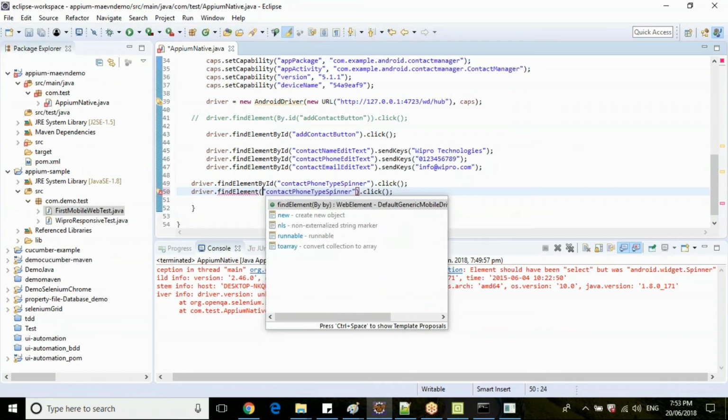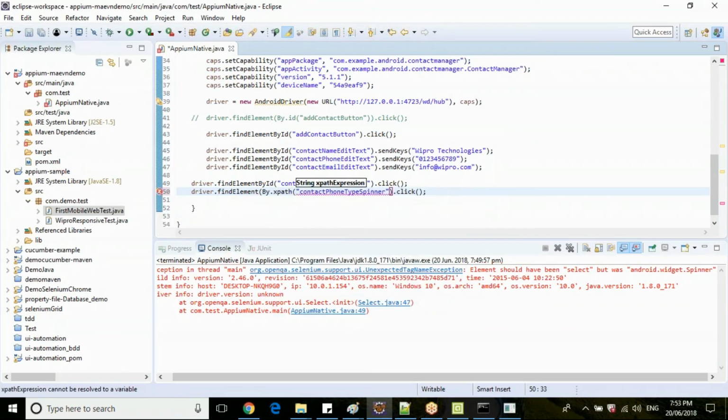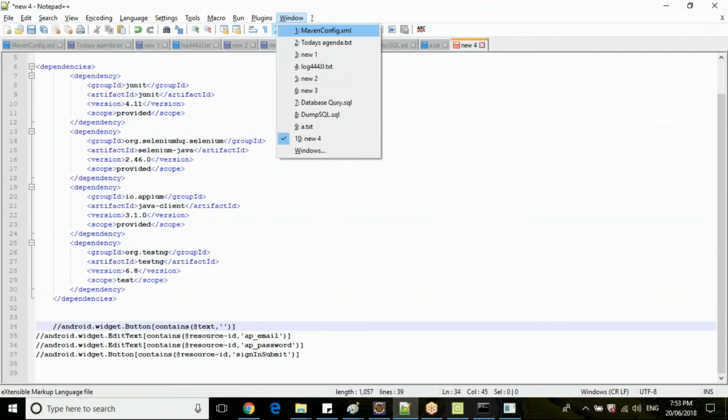So you can use XPath here. You can write your XPaths like this, guys. If it is text, let's say it's work.